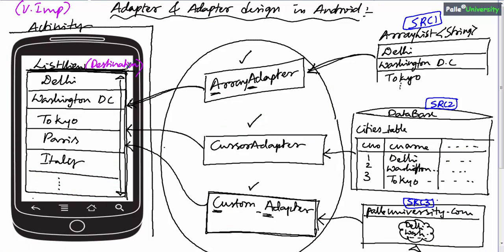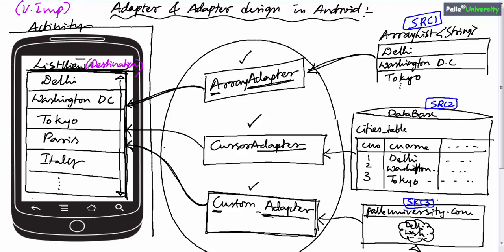Since list view is visible to user, it is called as view, and since data is coming from adapter, remember, whether data is coming from array list or from database or from website, data will always flow through one of the adapters. Since data will always come from an adapter, and since it is a visible component, list view is called as adapter view. So what I am trying to say here is, if you take any adapter view, data will always flow from some adapter. That's why they are called as adapter views.